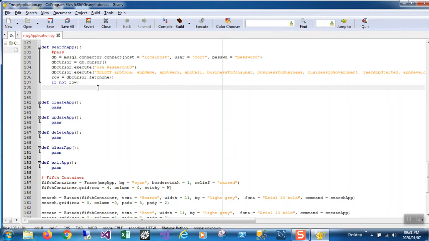We want to display a message box. So I'm going to say ANS. Now these are message boxes where you need to give feedback. Like I said earlier, there are several types of message boxes. I think we've already used an info message box, show info. Now we are going to ask